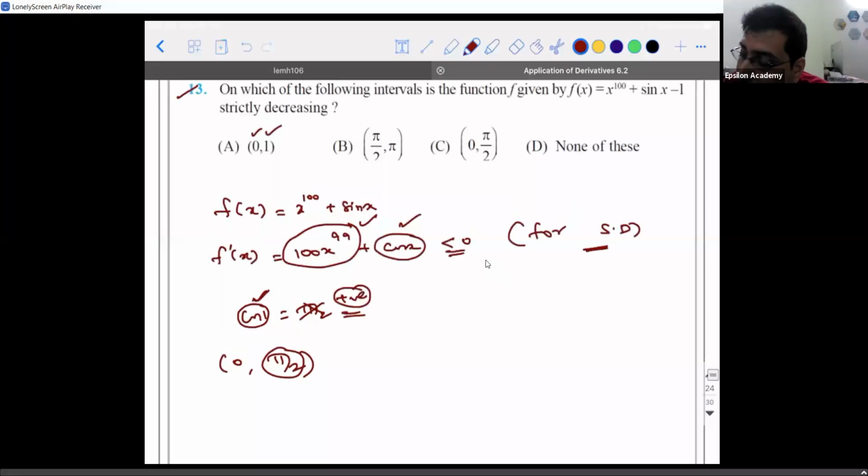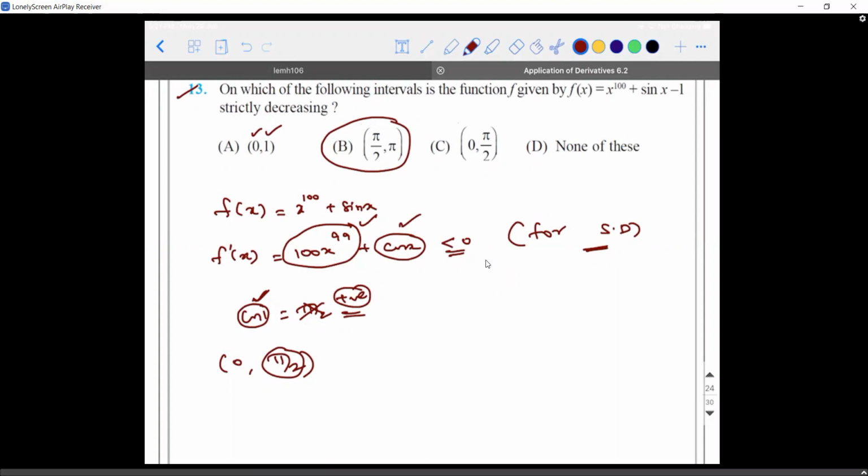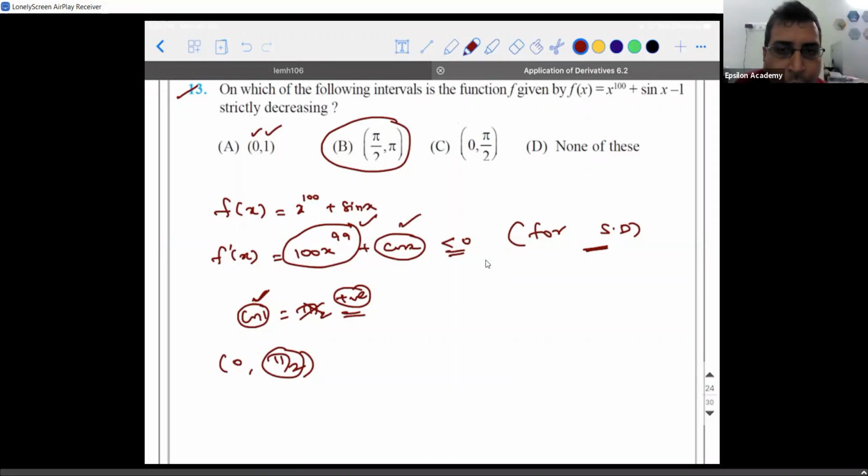Now what about cos in pi by 2 to pi? Between pi by 2 comma pi. It will decrease, sir. So it will increase, sir. See what mistake, no? I'm able to understand how you people are thinking. So now you have to start thinking of pi by 2 as a number. Pi by 2 is how much? It is 1.57 something. Correct?